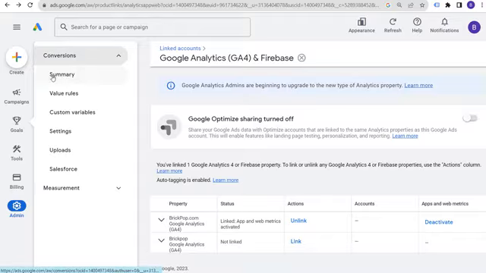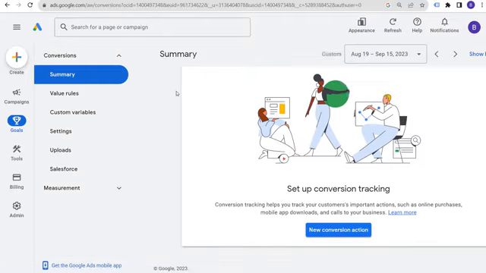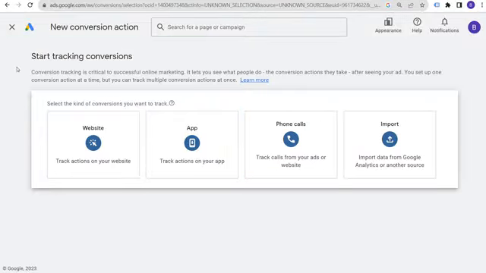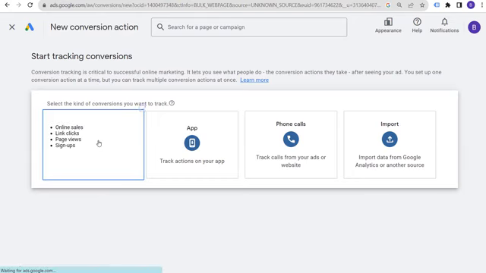And what we want to do is click on summary. When we come into summary, you're going to see set up conversion tracking. We're going to do a new conversion action. Now, Google Ads has actually made it much easier to set up your conversion tracking when you get started in here. So if you come into new conversion action without doing anything else and you go to website,